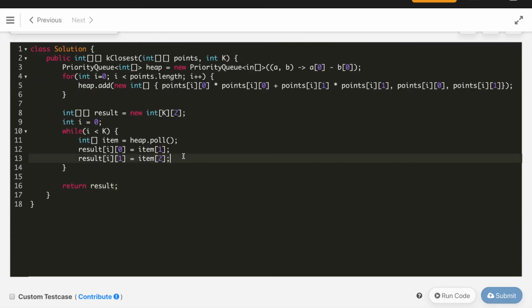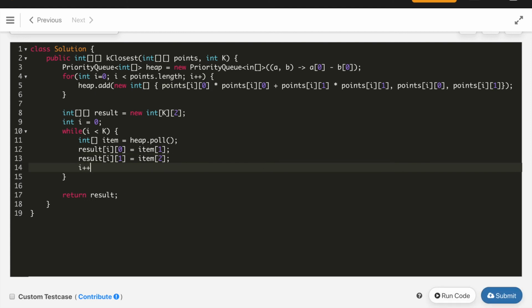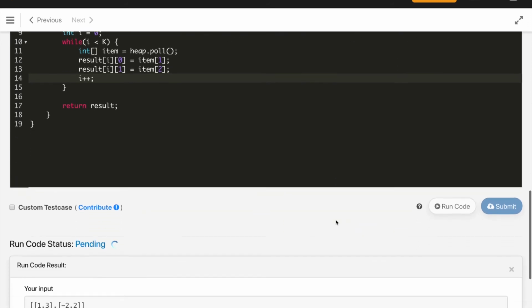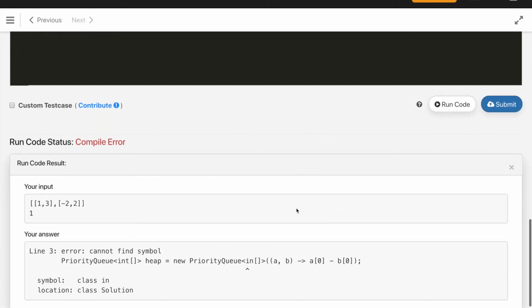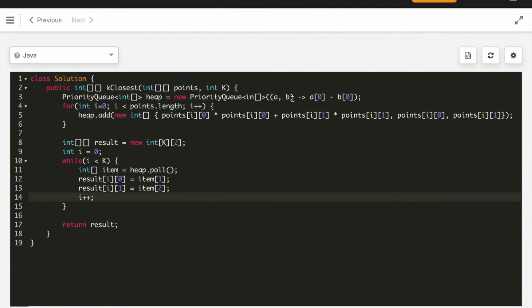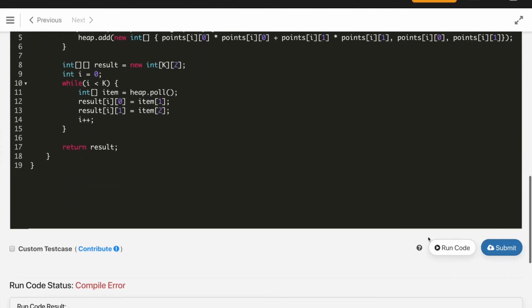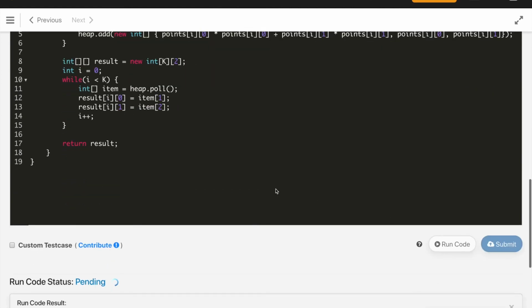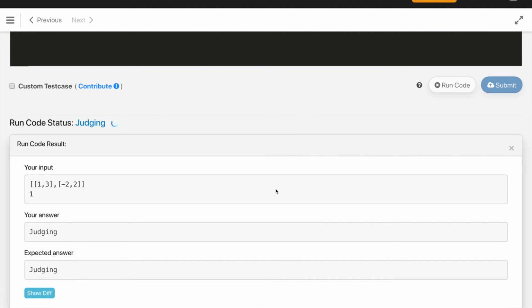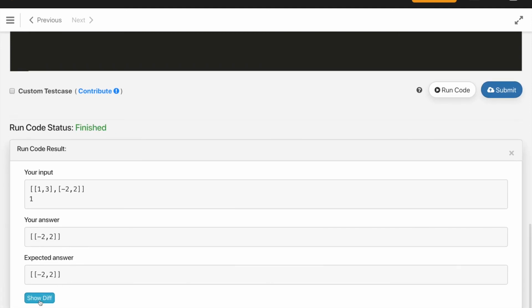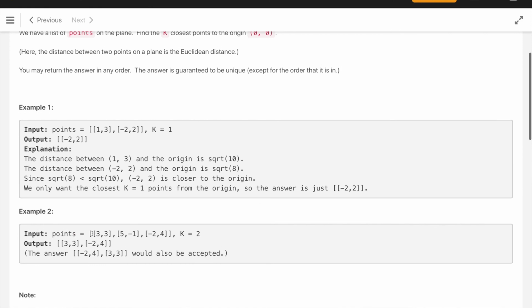So that's it. Let's try to compile our code. Oh sorry, I missed one, we have to increment this counter as well, i plus plus. Let's compile our code. Oh, I missed something, this should be int[][] not int[]. So now it will compile, it's judging, and it's the correct answer. Let's test the second example.